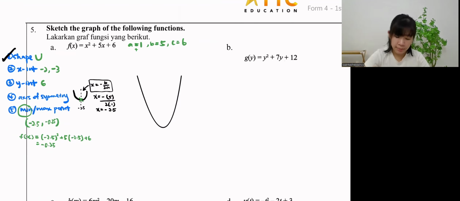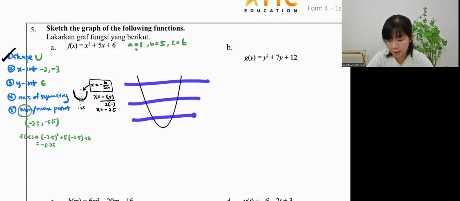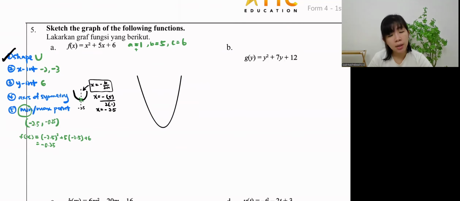Next, x-intercept. When you have 2 x-intercepts, it means the x-axis will intersect the graph at 2 points. Where should you place the x-axis? You have to draw the x-axis first. What do you think? Is it here, the highest point, the middle, or lower? They are different locations. The highest, or maybe in the middle, or slightly lower, or the lowest. Because you want to intersect 2 points, definitely not this one, because this one will only intersect at 1.